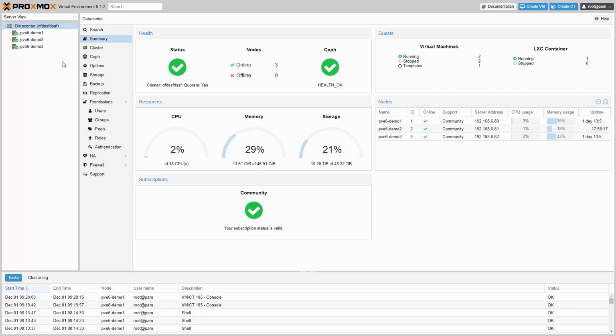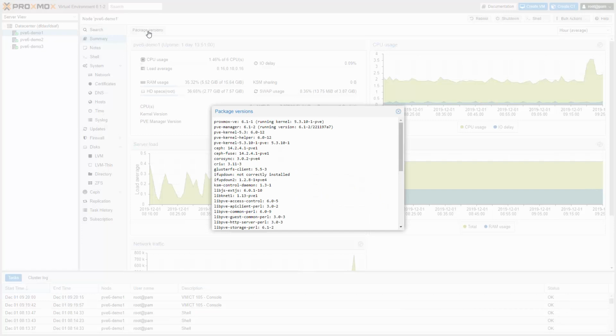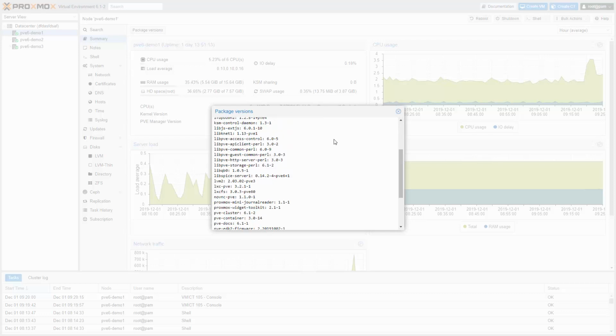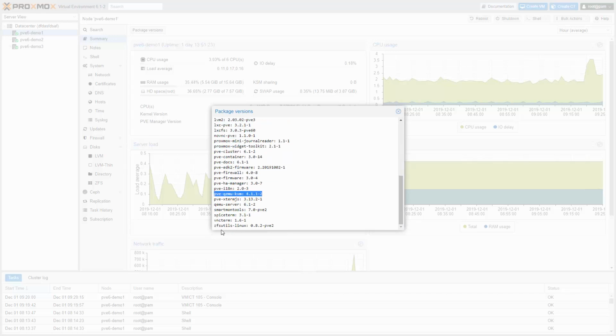We have a lot of new features for version 6.1 of our virtualization management platform. I am William, a computerized voice, and I will show you the highlights. Proxmox v6.1 is based on Debian 10.2 Buster, combined with the latest versions of the leading open source technologies for virtual environments. This includes a 5.3 Linux kernel, QEMU 4.1, Ceph 14, and ZFS 0.8.2.